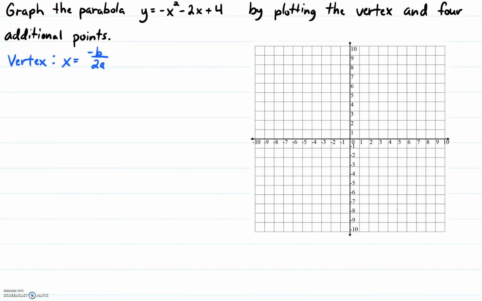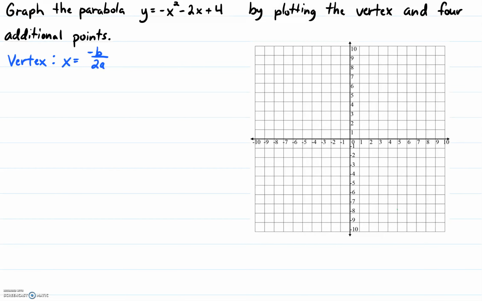So you can see the form of the quadratic that we're given. It's not given in the form that allows us to easily pick out the vertex, so we need to use our vertex formula. And the vertex formula is the x value of our vertex is going to be equal to negative b over 2a. So this is just like when you're solving quadratics and using the quadratic formula, you would pick an a and b and a c, and they're just going to be the coefficients of the various terms in your quadratic. So let's go ahead and pick out the a and the b because we need that in